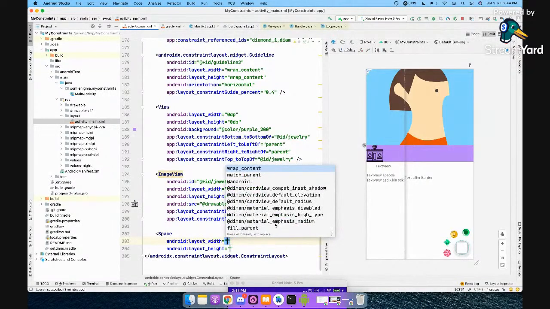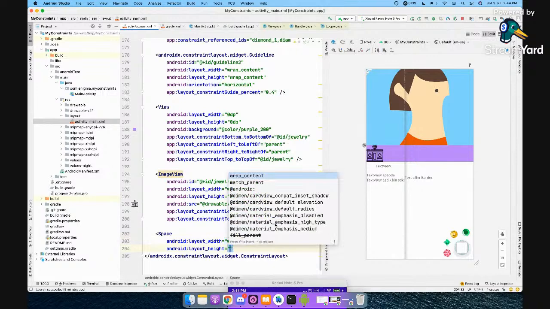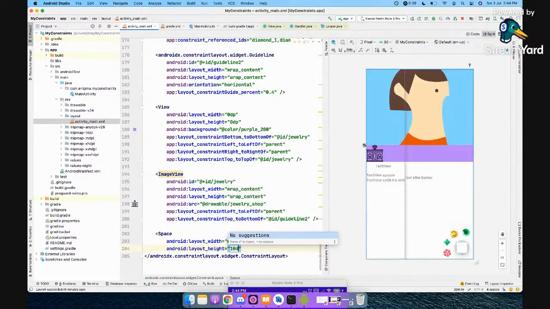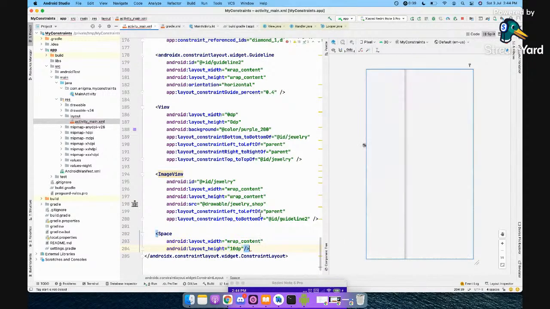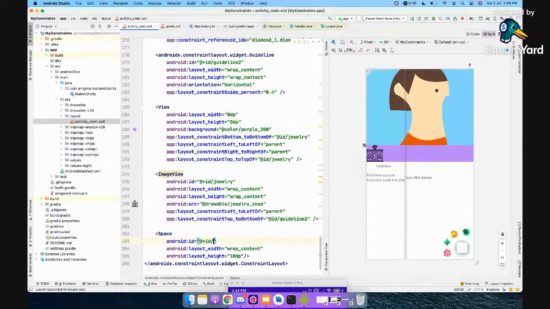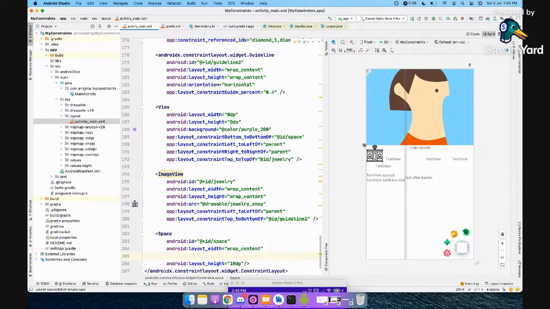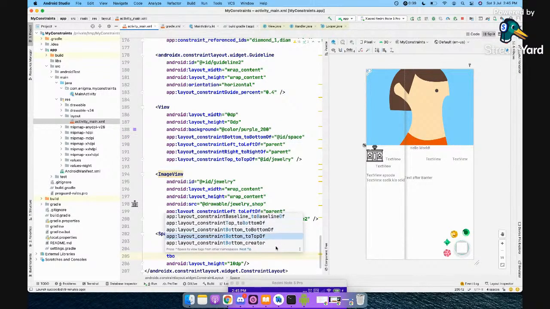So you have space, and you put this one with reference to bottom to bottom. Okay, yeah. So this one you'll put top to bottom of.